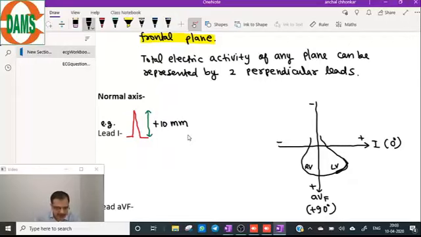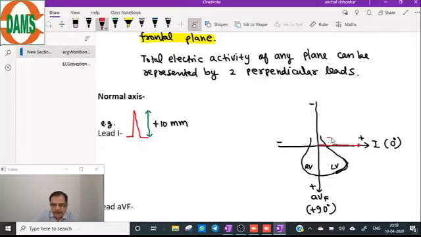So you can read this part of the theory from the notes itself, and the second book is Harrison, so you can refer to Harrison. This is plus 10 mm of the QRS amplitude. So we will plot plus 10 mm on lead 1, and this will go towards the positive side because QRS is positive. Here I will draw the QRS amplitude in lead 1 like this.